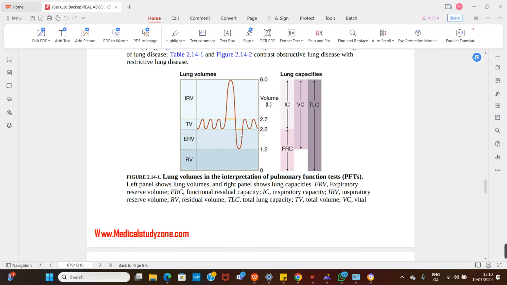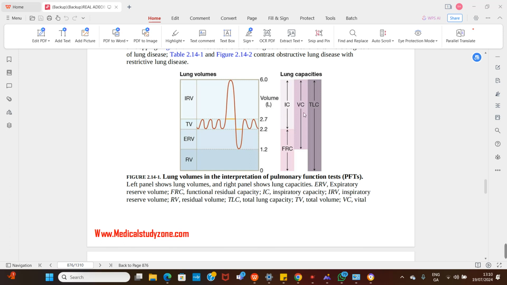But the extra amount of air you can push out at the end of a normal tidal expiration is what we call the expiratory reserve volume. And it's about 1 liter. How do you get it? Your 2.2 minus your 1.2. That's your 1 liter. So to now start calculating the capacities,